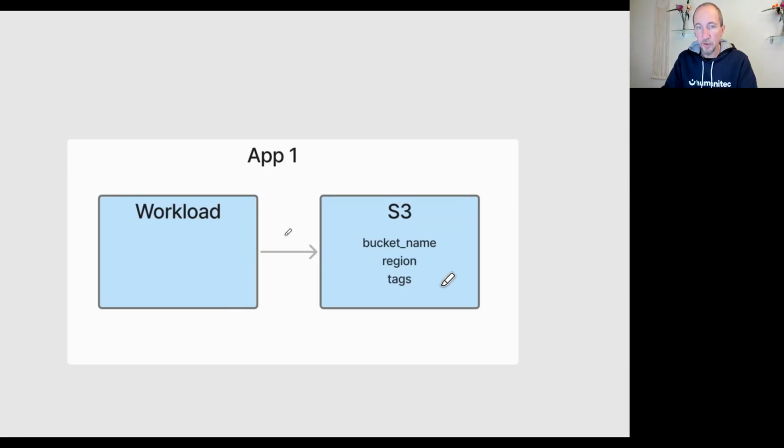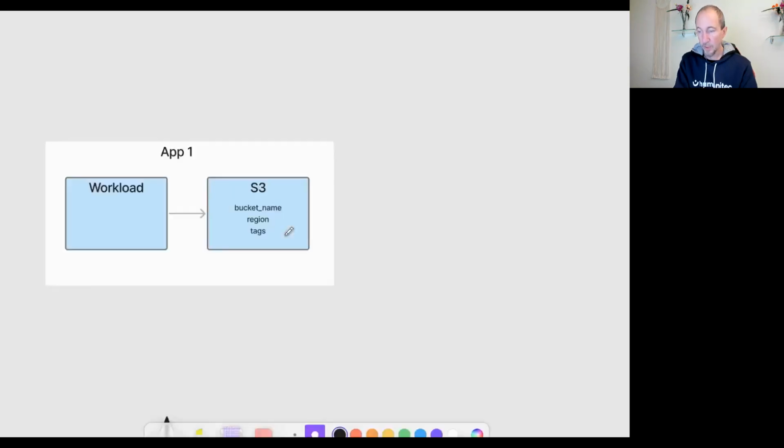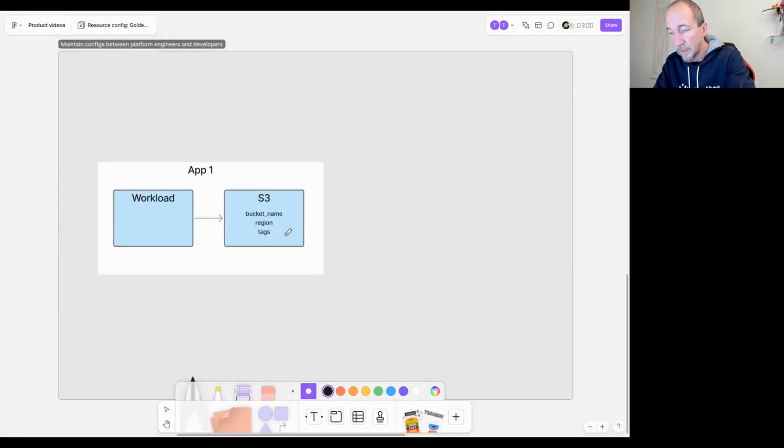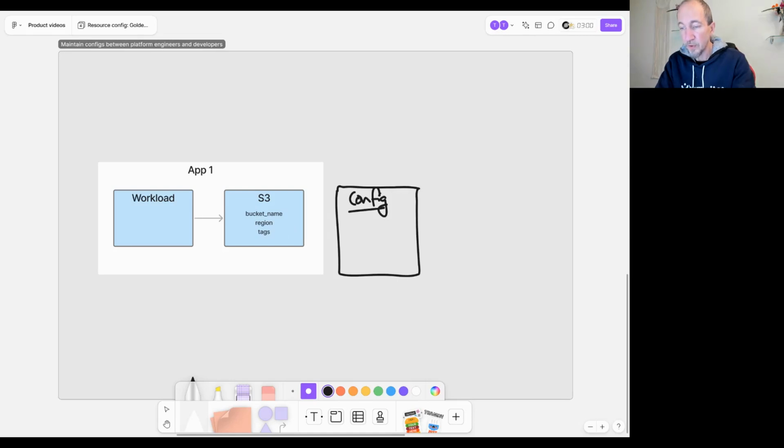Now, you will not want to hard code the values of those properties into the code base of that S3 bucket, which would be the resource definition of the S3, because doing that would make it completely inflexible and not usable across applications and across environments. Instead, you will want to inject those values from an outside source. The way you can do that is you provide another resource definition of type config, which exists for just this purpose. This config resource definition can then provide those values like the tags and the region